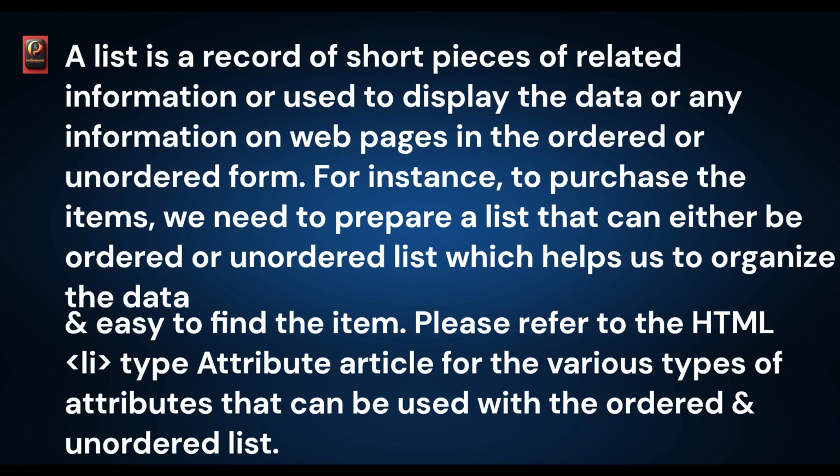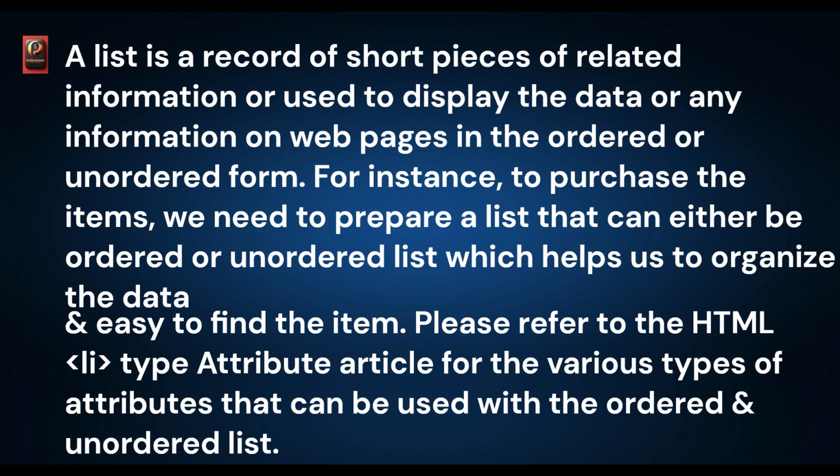For instance, to purchase items, we need to prepare a list that can either be an ordered or unordered list, which helps us to organize the data and easily find the item. Please refer to the HTML type attribute article for the various types of attributes that can be used with the